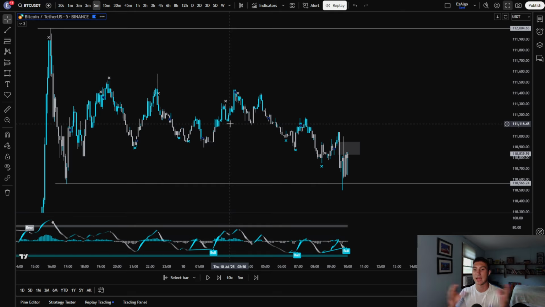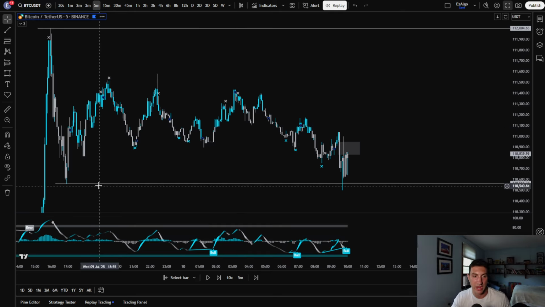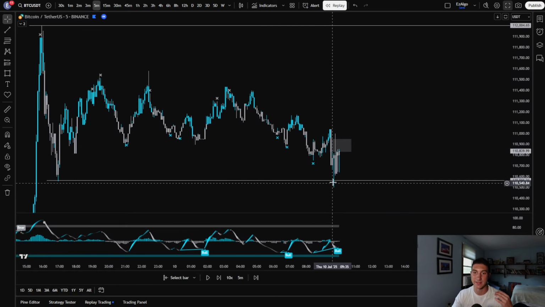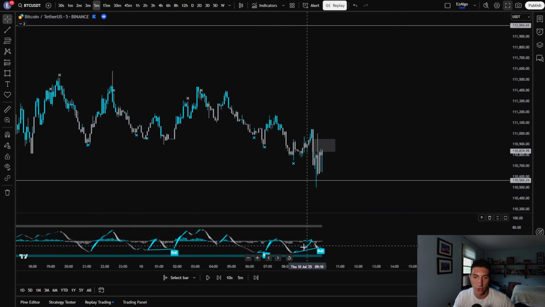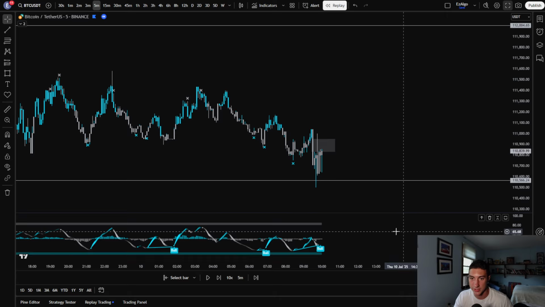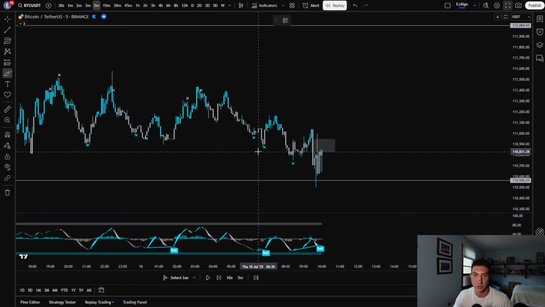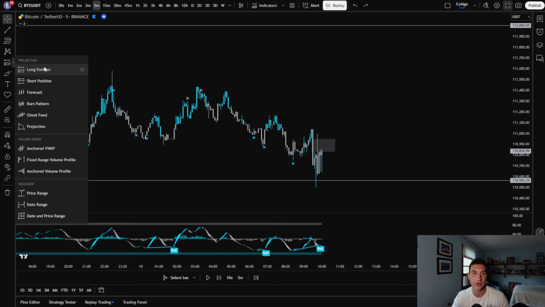Again, now we're combining everything all into one. We're combining high time frame bias. We're combining this 1 hour bullish fair value gap. We're combining the swing failure pattern. We also have bullish divergences on our oscillator down here, meaning momentum is increasing to the upside as price is making lower lows. This is obviously a good sign. So now all we're waiting for is that final piece of entry confirmation, which is the inverse of that bearish